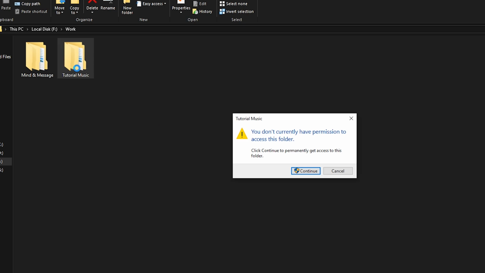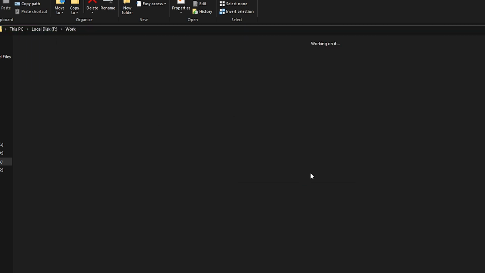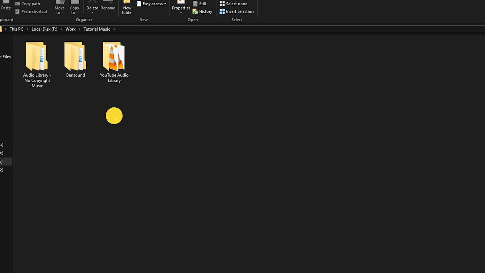Now, try opening the folder again. At first, Windows might show another Permission Denied message. Just click Continue, and the folder will open successfully. That's it. You've taken back